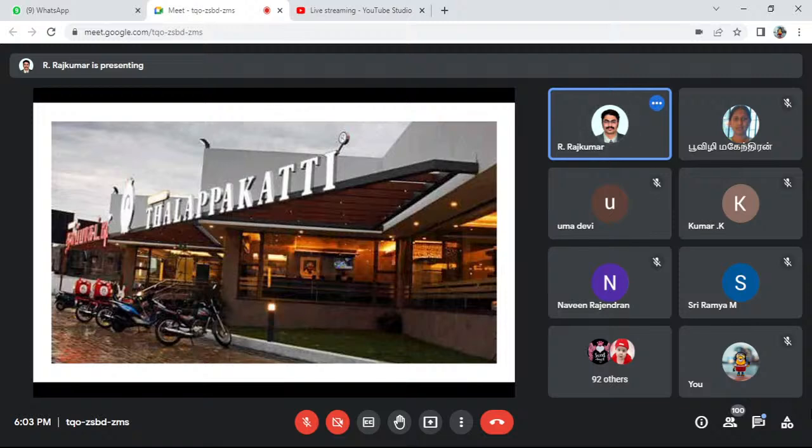Then probably, whether it is there in our Tirupathur yet to come, I think. Thalappakatti restaurant. Here you can see the R symbol. Is it a patent or a copyright? Any guesses? It's copyrighted, sir. Yes, copyright registry, very good. Thank you, ma'am. This same name we cannot use for any other commercial purpose, especially in a restaurant, including the font, the size of the font and the color of the font. Everything we should not use commercially anywhere else, because that's a copyright. It's not a patent.